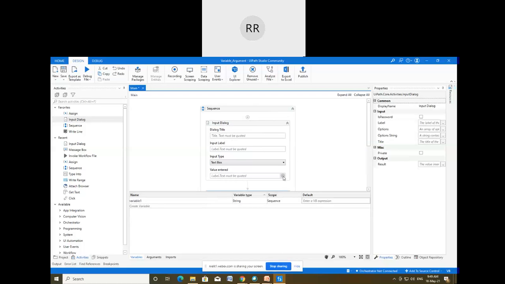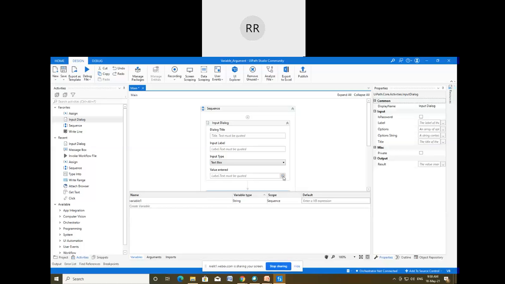It doesn't depend on the number. We can connect more than one or two activities inside a sequence file, state machine or flowchart, but that particular variable is not going to be used outside the file in which that activity is located. This is the key point.